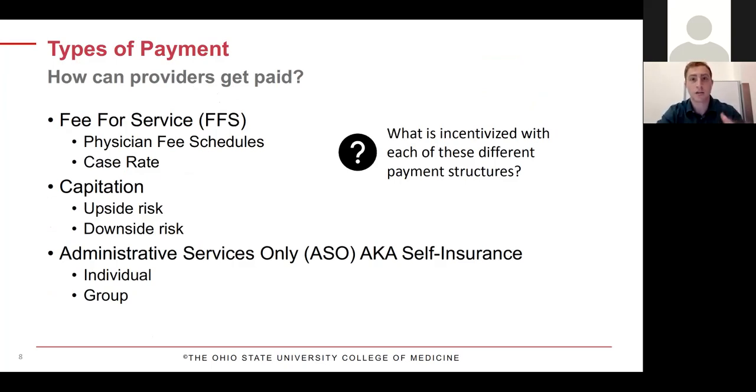These are the different contracts you can sign or different ways in which you can be paid as a provider. So fee for service, that's just a one-to-one transaction. I perform this procedure, and according to the physician fee schedule, it costs this amount of money. You can Google the physician fee schedule if you're not familiar with what I'm talking about, and you can see that there are dollars and cents associated with specific codes. Or you can have a case rate, which is if I do a knee replacement, then it's going to cost X thousand